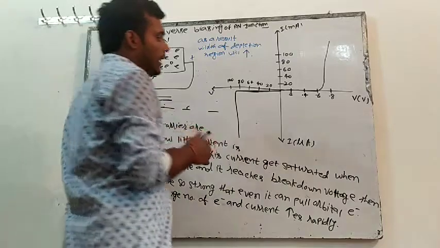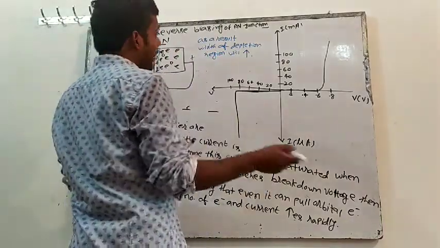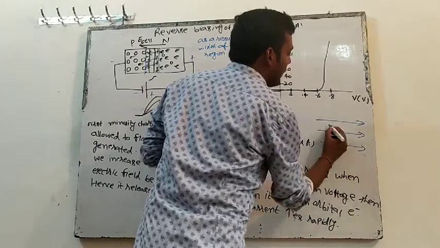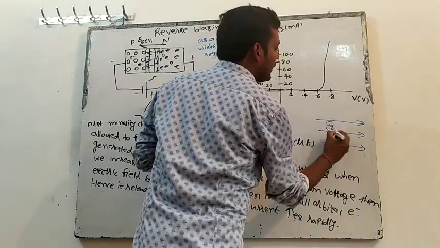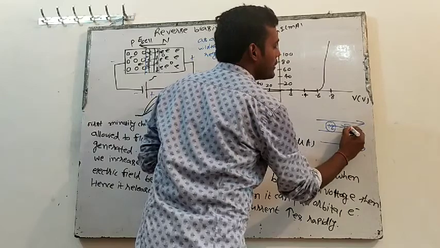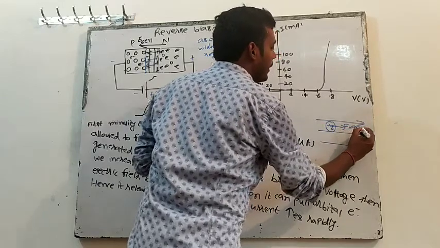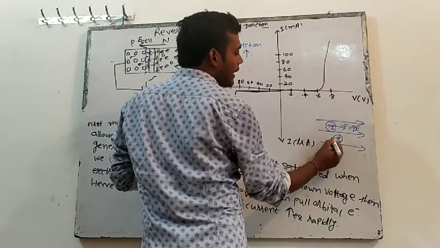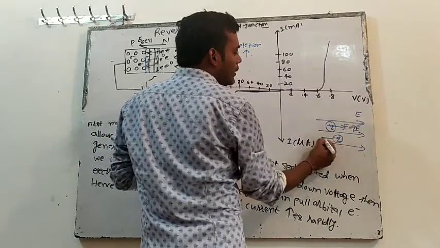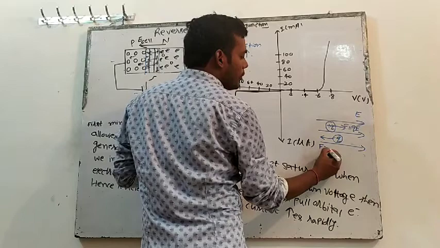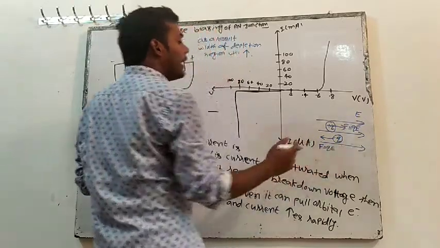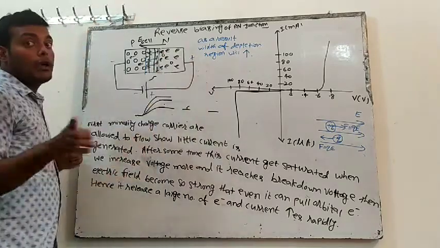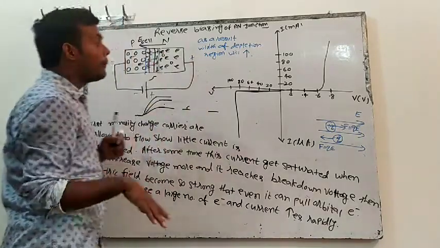I told you, revise it again. I discussed that if there is an electric field and I place any positive charge in it, it will experience a force in the same direction as the electric field, and the magnitude will be F equal to QE. But if I place any negative charge in the electric field, it will also experience a force F equal to QE, but in the opposite direction of the field. So see, electron is a negative charge, so the electron will experience a force in the opposite direction of the field.